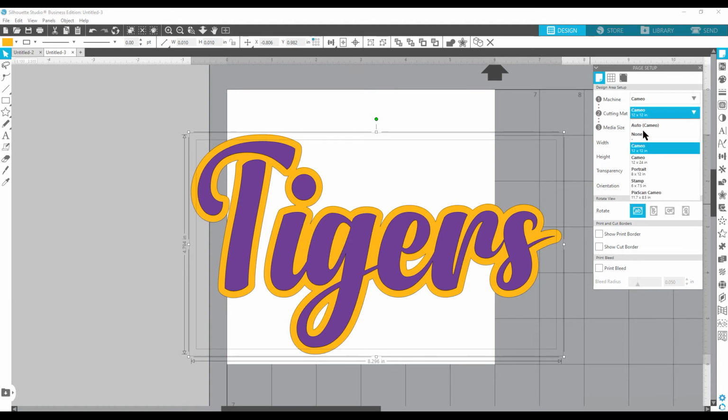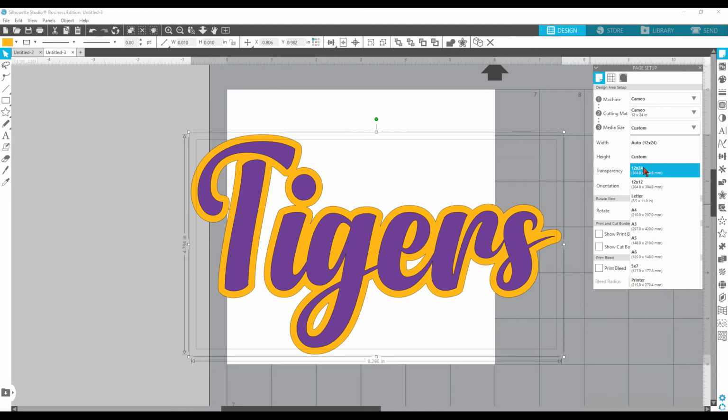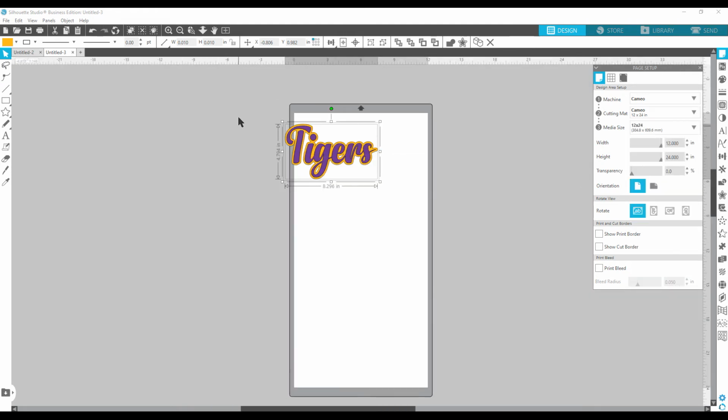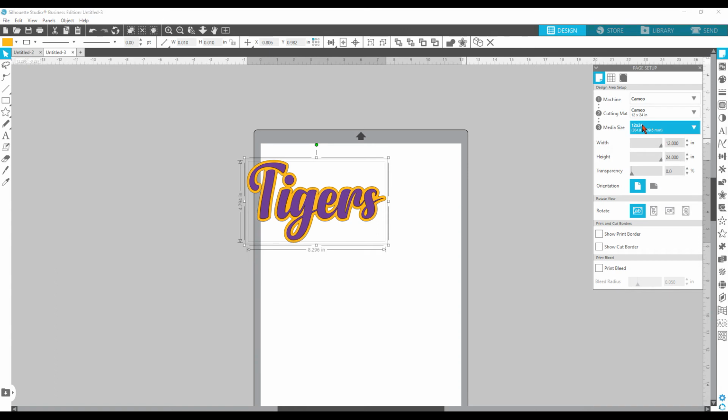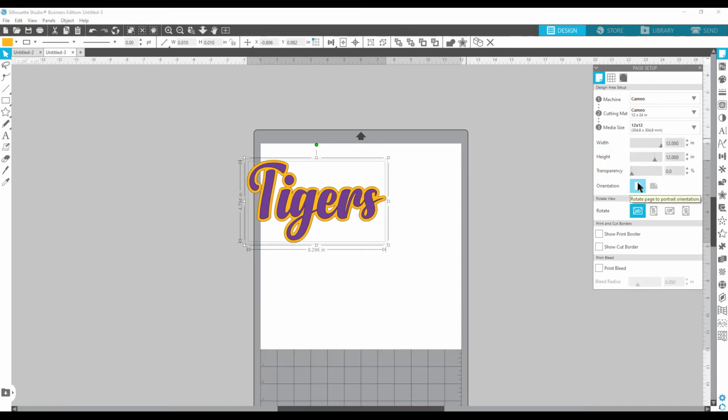And I always work with a 12 by 24. That's just the mat that I like using the most. A lot of people love the 12 by 12, so you can also choose the 12 by 12 if that is the size mat that you are using. Okay, so now that I have my mat size selected,